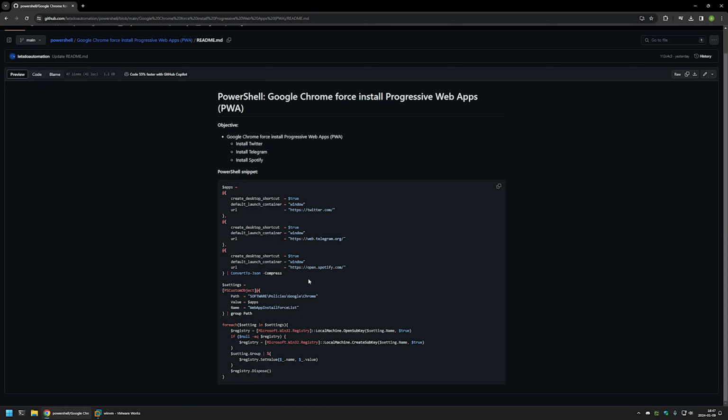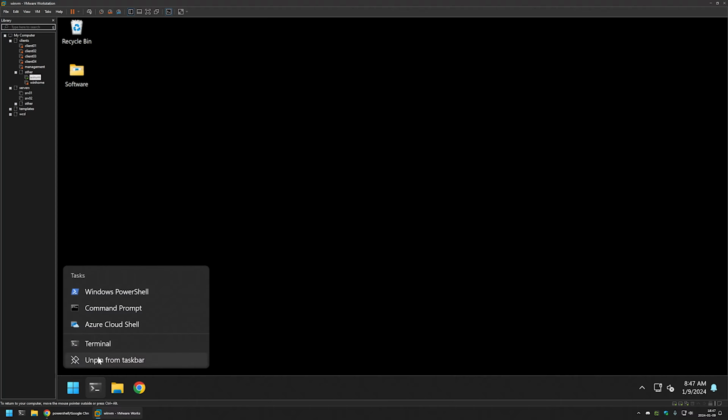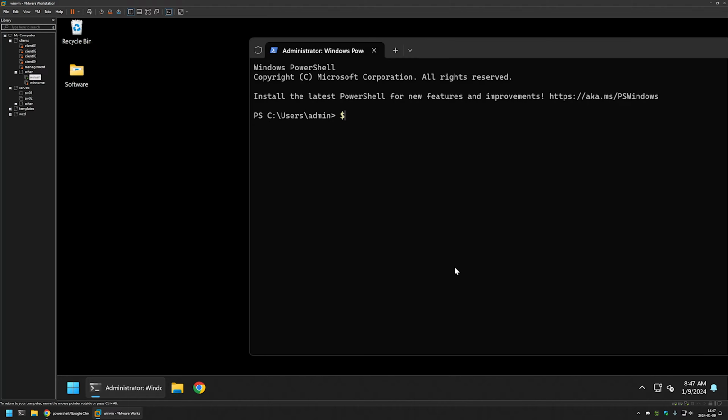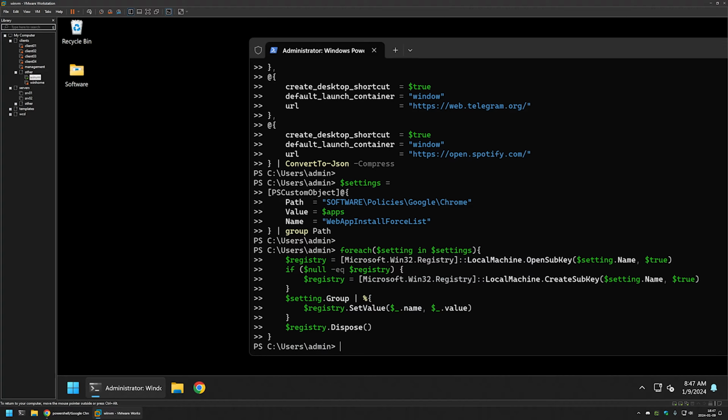And now I will copy the snippet by clicking on the button right here, and then I will go to my VMware workstation where I have this Windows virtual machine. And here I will open my terminal application and run it as administrator. And then I will insert the snippet here. Let's press enter. And now if I open Chrome